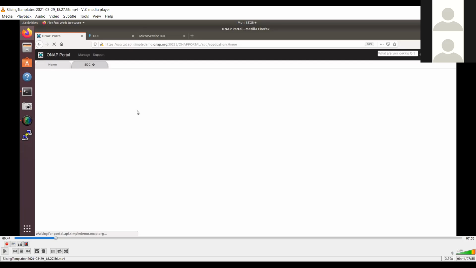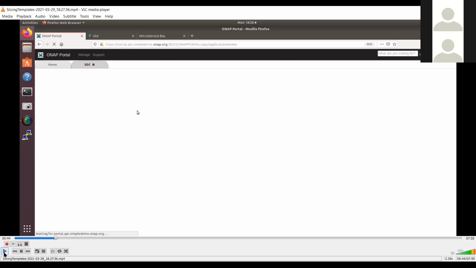On the setup, we have a single server on which we have ONAP running, and ONAP is running on a Kubernetes cluster. On one of the nodes, we are running the core network NSSMF simulator, and that's a Java program that basically talks through REST APIs, as we talked about in the previous slides, where we provide these REST APIs to the simulator and the simulator executes those calls. Similarly, we have the RAN simulator, which is a Python program, also running on one of the nodes, and it is again interacted with through the REST APIs.